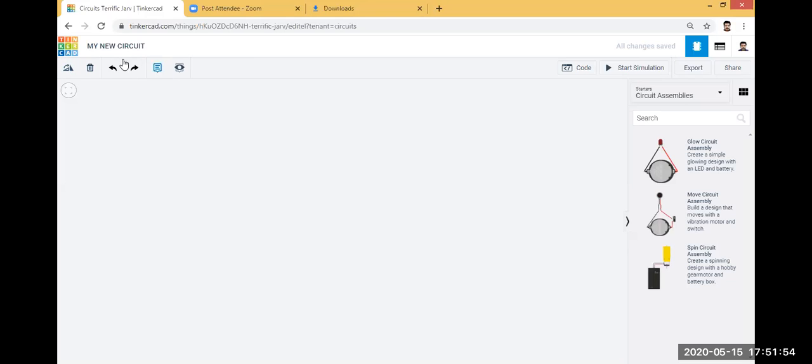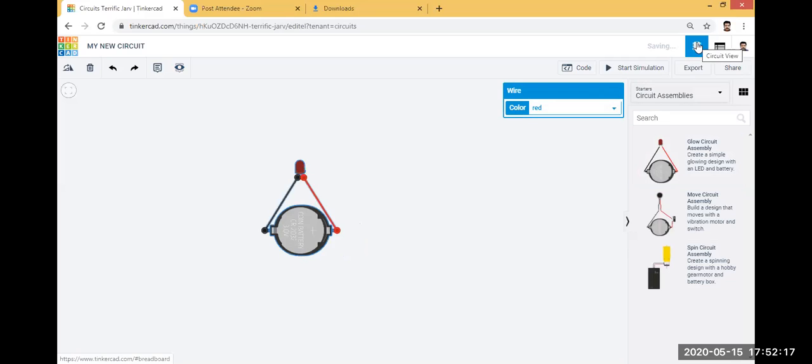Then on the bottom portion of that, there are so many options: rotate, delete, undo, redo, annotate, and view hide. Below that, you can see an option called zoom to fit. This is used for fitting the screen. Then on the right side at the top, you can see there are two options. The first option is circuit view and the other option is the component list view.